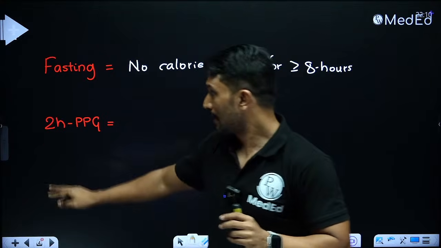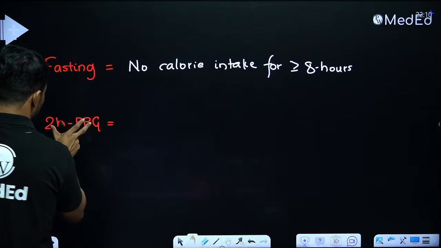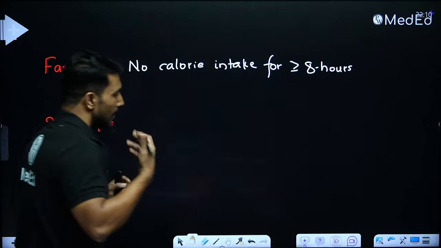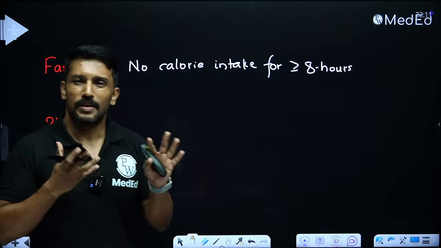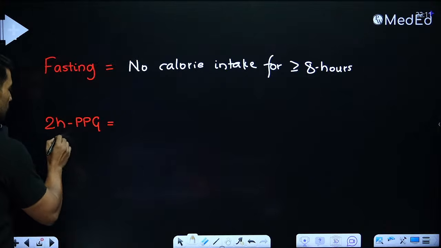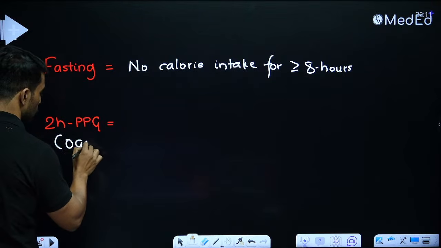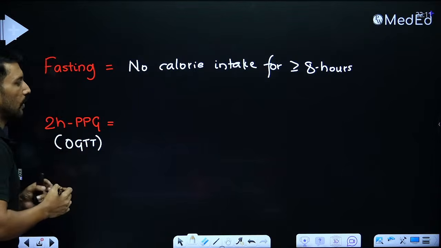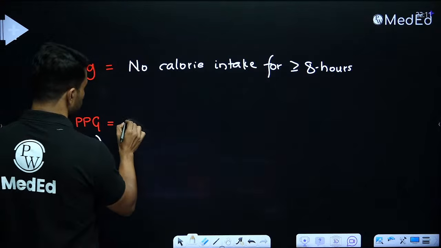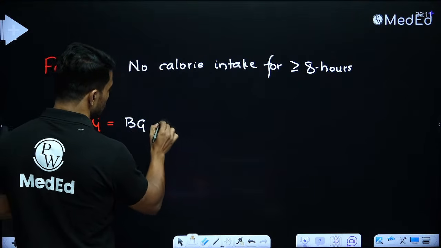So that's why even this 2 hour postprandial glucose has to be standardized. So what do we do here? In gestational diabetes mellitus, you might have come across a term called oral glucose tolerance test. So literally what we are doing here is nothing but the oral glucose tolerance test. So what we do is, 2 hour postprandial plasma glucose is defined as blood glucose taken